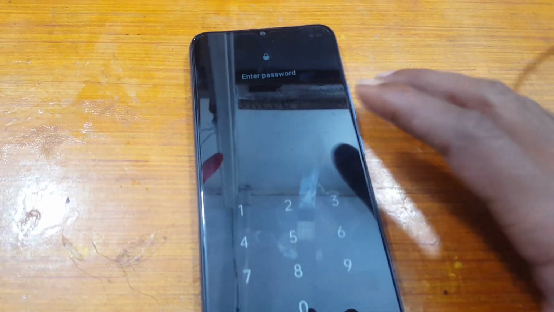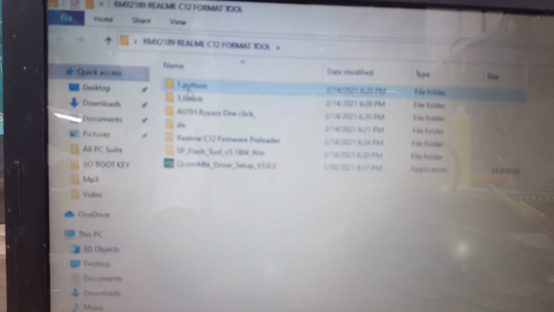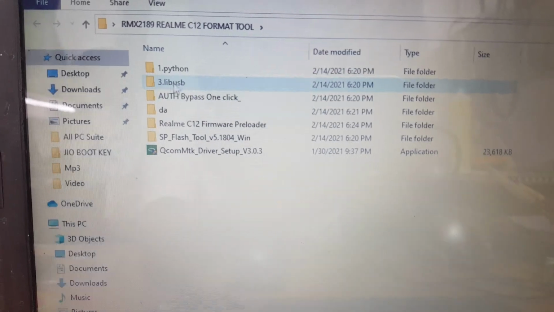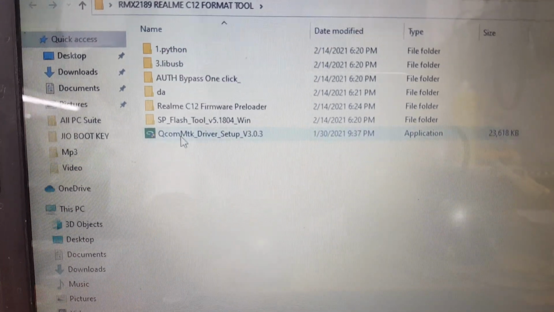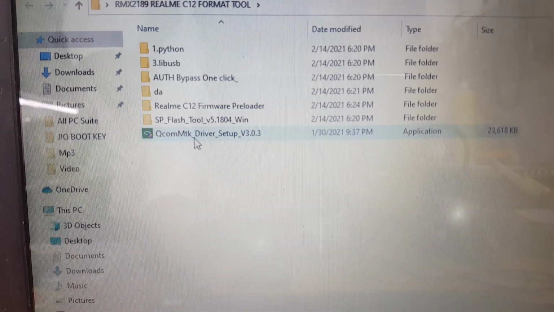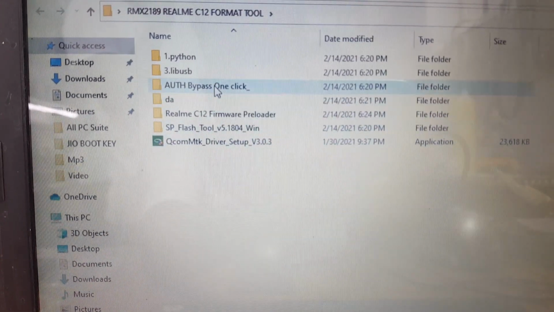Okay, first of all, download this folder. I will give the links in the video description. This folder, Realme C12 format tool. Okay, and install Python in your device, and this one. Okay, and finally install the MediaTek driver,